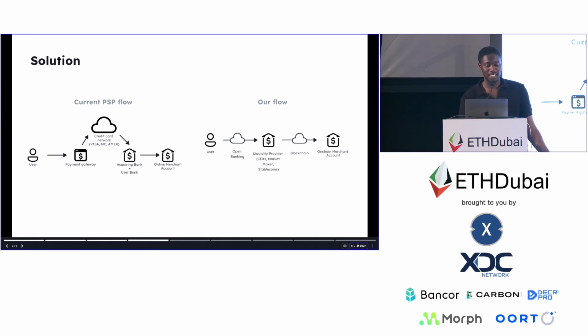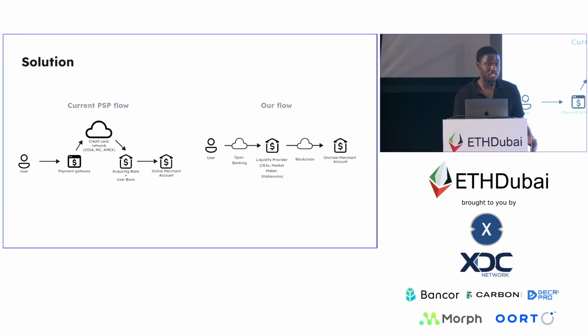And then the money will be sent directly to the online merchant account. As you can see, there are a lot of intermediaries and a lot of transaction fees at each step. With our flow, the user will connect directly to their bank thanks to open banking and then validate the payments, and Inflow will take care of the whole flow of payments, from fiat to crypto to the on-chain